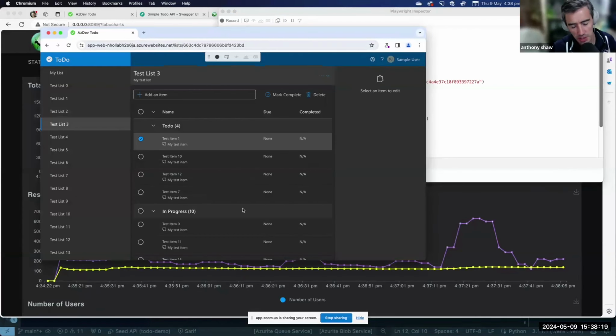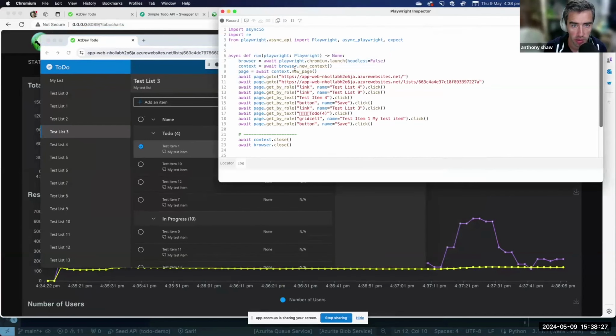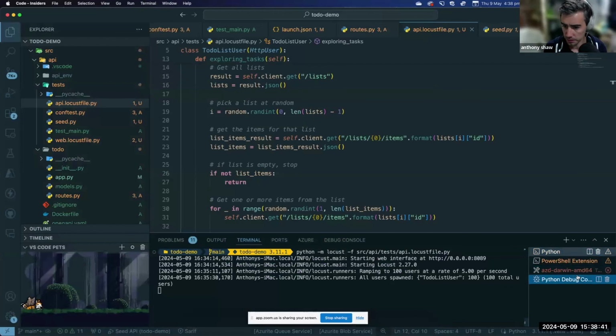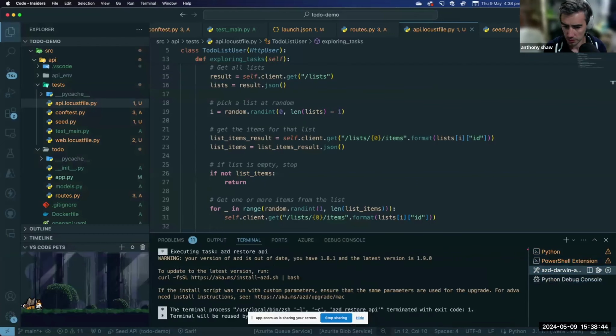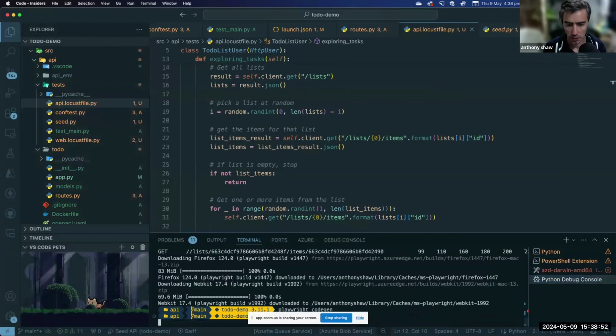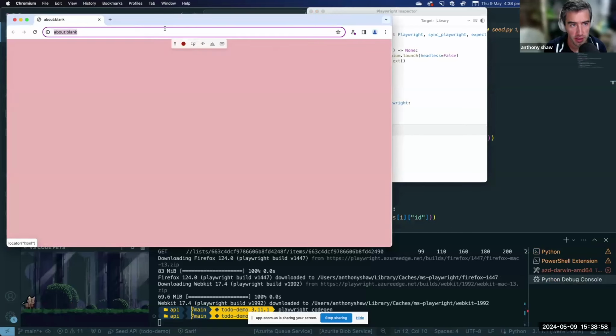Okay, so if you install Playwright through pip, and then you run Playwright codegen, then it will open up a browser, this browser here, and it will open up a code window. So what you can do in here is, let me see if I got a reset button. I'll just close it and start again. Okay, so Playwright's going to open up a browser.